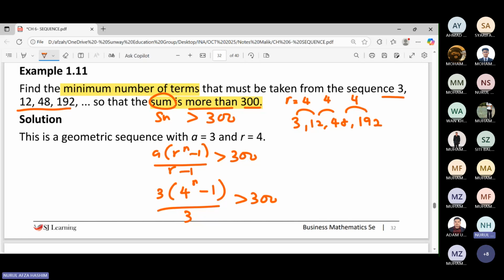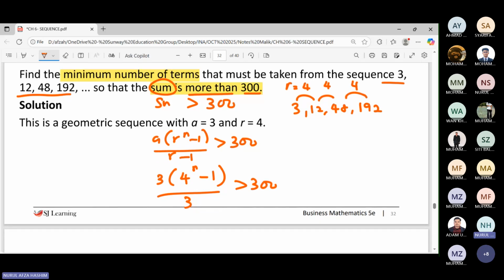Okay. So you said that you cross this one to the right side lah. Okay, so you're gonna be here. I write down here lah. So you're gonna be 3, 4 power of n minus 1 is larger than 900. Alright. After that,